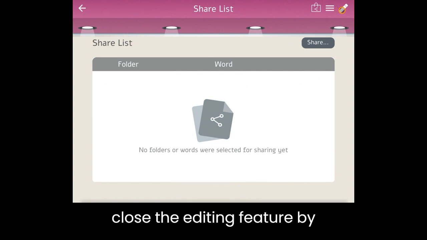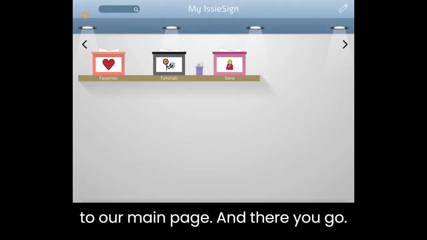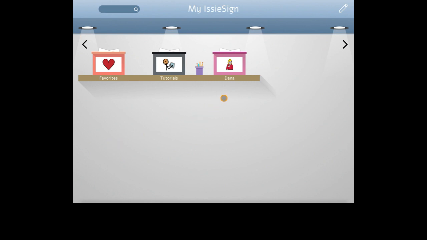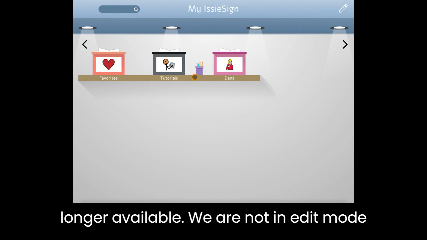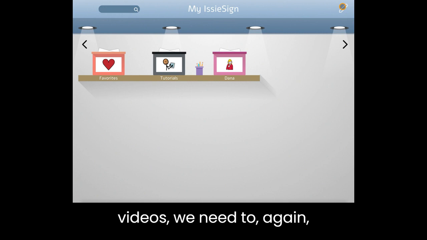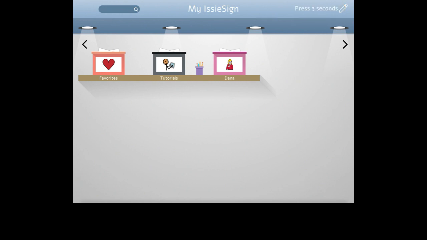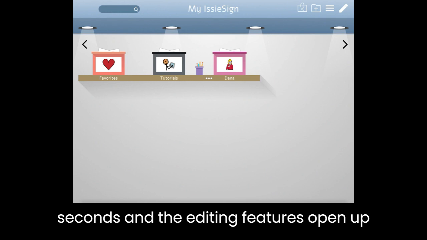Let's close the editing feature by tapping on the pen, go back to our main page, and there you go. You'll notice the 3 dots are no longer available. We are not in edit mode anymore. If we want to share or add videos, we need to again hold that pen button for 3 seconds and the editing features open up